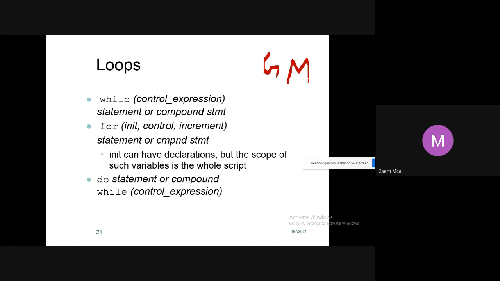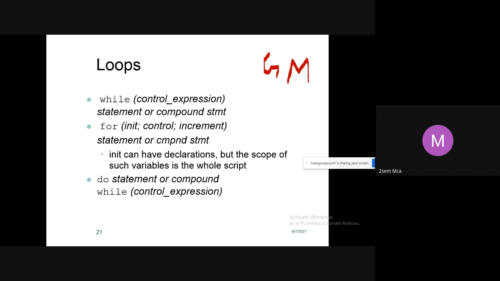How can I do that? Document.write good morning, document.write good morning, ten times. Yes, it will display. But if I want to display it 1000 times, I can also write document.write 1000 times, but how much time am I wasting?